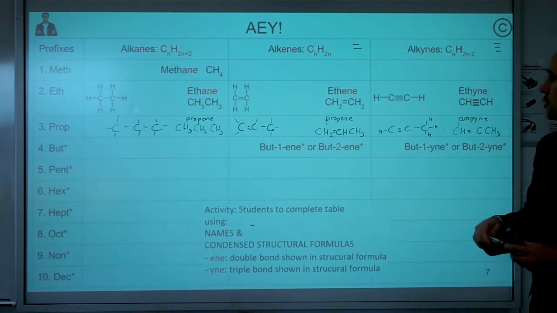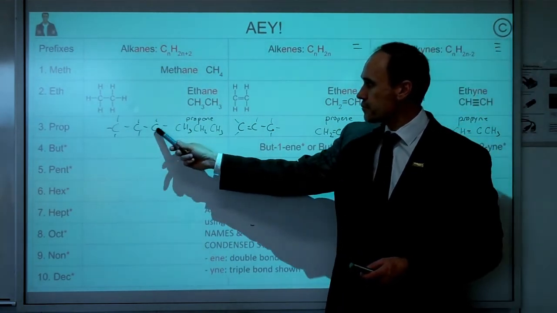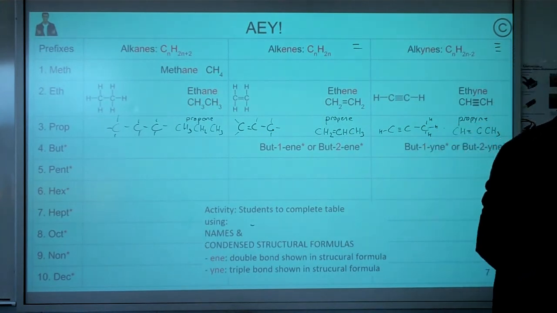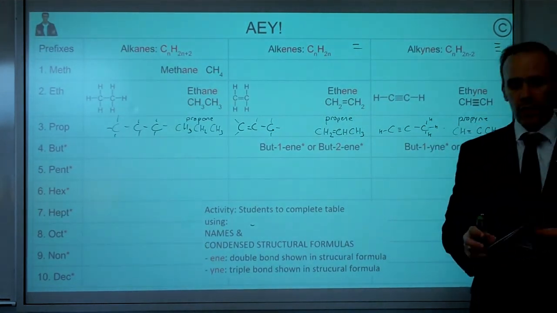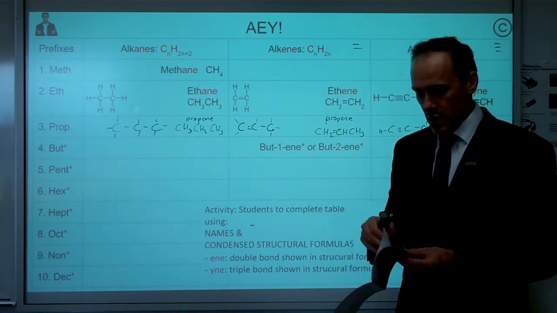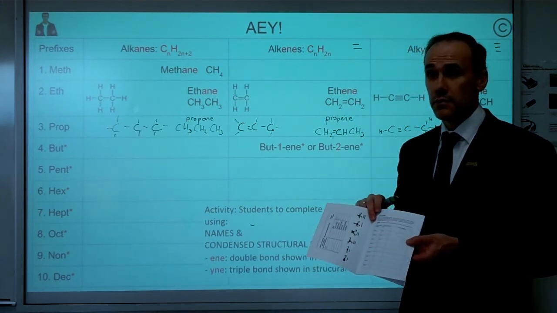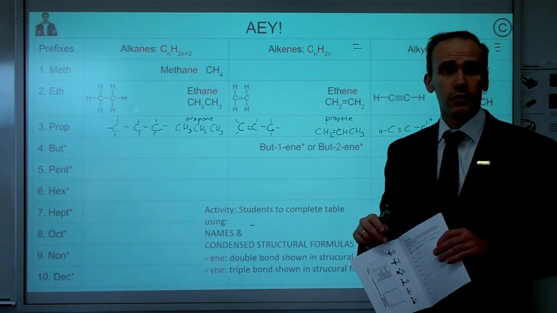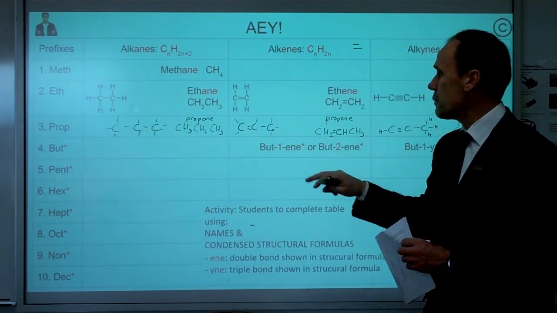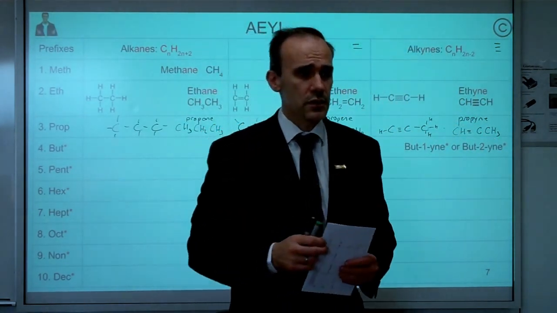So, as I said, you're doing these structural diagrams not in the table. You could, but I've given you a work booklet, and so you can do them there. I'd recommend doing those first. It's the second and third page. Do those first. It'll make it simpler, because then you can just read off the structural formulas, and the names you can derive from the table itself. I'd recommend doing the table in pencil, so if you want to make changes, it will be easier to do so. I'll come around and help